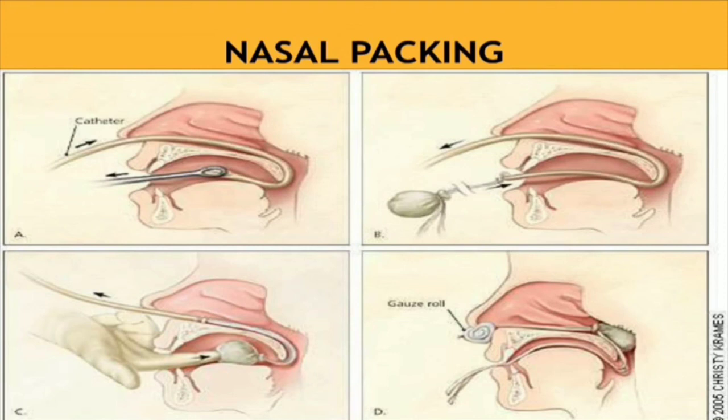Anterior nasal packing is done using Merocel pack. In case of uncontrolled posterior epistaxis, posterior nasal packing is done as shown in the picture. A piece of gauze is rolled into a thumb-sized pack and 3 threads are tied to it. The pack is soaked in liquid paraffin. A rubber catheter is passed into the nose. When it reaches the oral cavity, it is brought out using forceps. The pack is tied to the end of the rubber catheter and brought out into the nose through the nasopharynx. The pack is placed at the posterior end of the septum. It is secured in place by tying it against the columella.